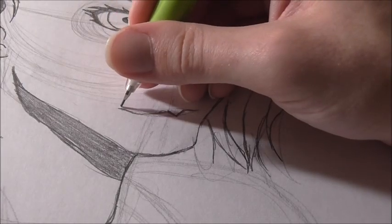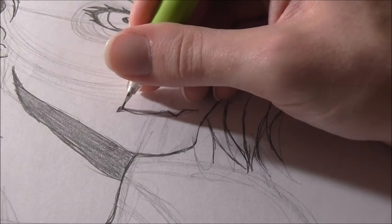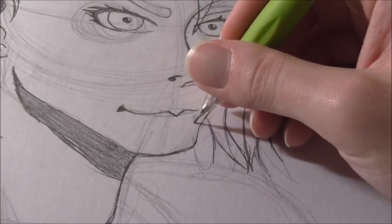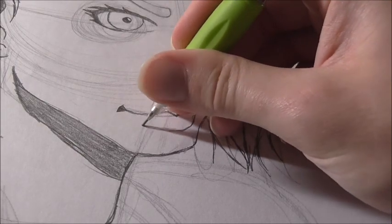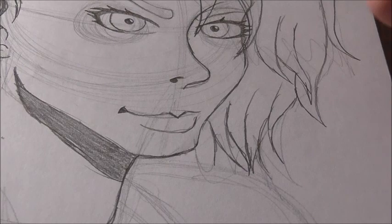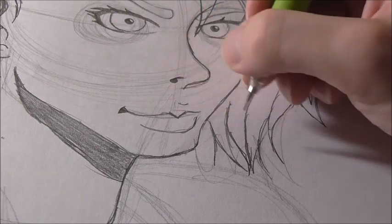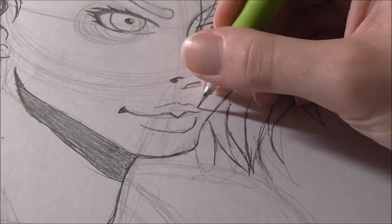And at the edge here, you're going to draw a little curve line like this, and then just connect it in. You could even shade that in as well, like that. And then her bottom lip starts about here and it's a big curve line that straightens out about here, like that. And then usually what throws me off is the top lip. So you get a little indent right above here, like this. And then it curves in and then over,